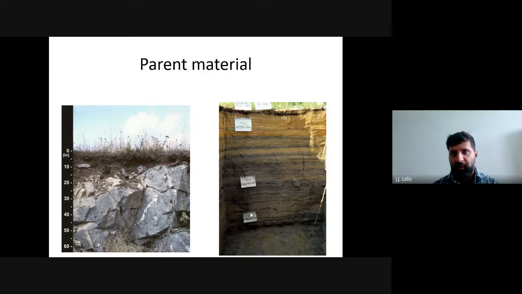And the sediments can be organic or inorganic. So we can find some dark layers here that could be very rich in carbon content, in organic carbon content, and we have some yellow and red layers that probably are carbon poor,